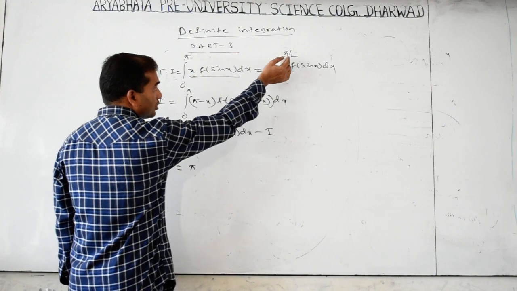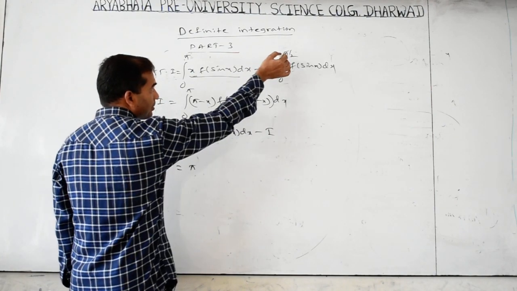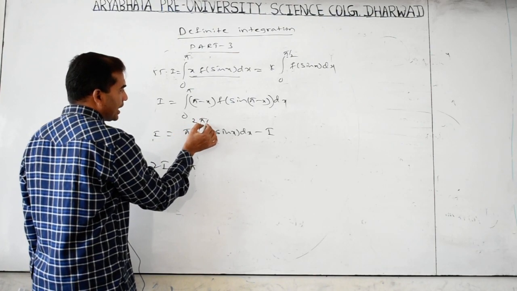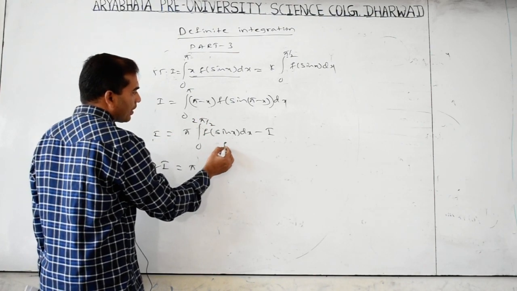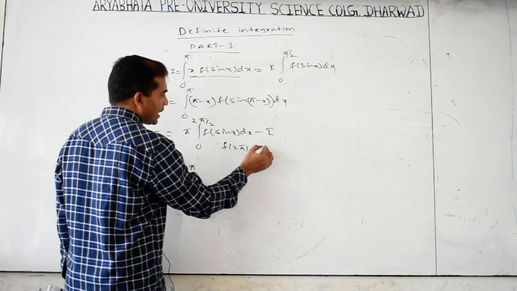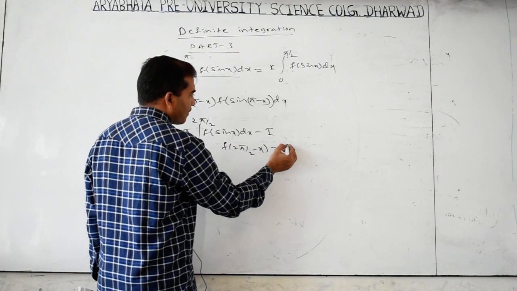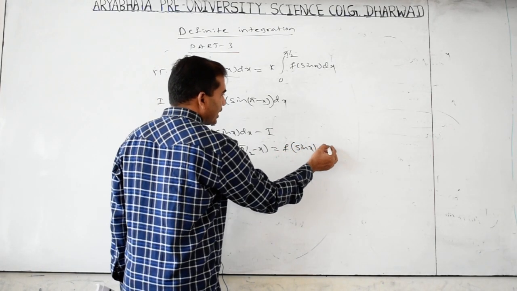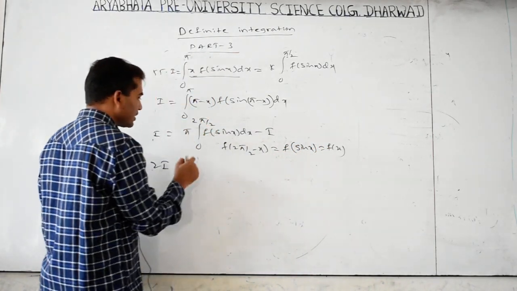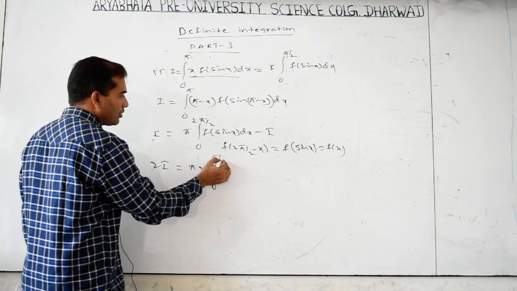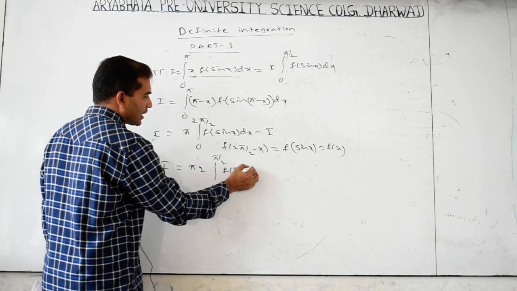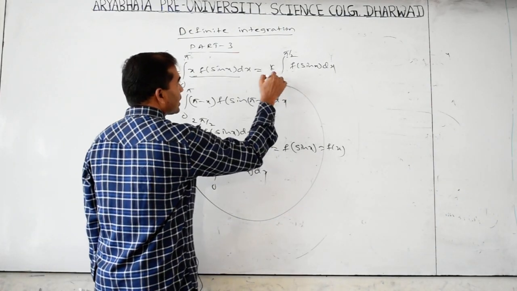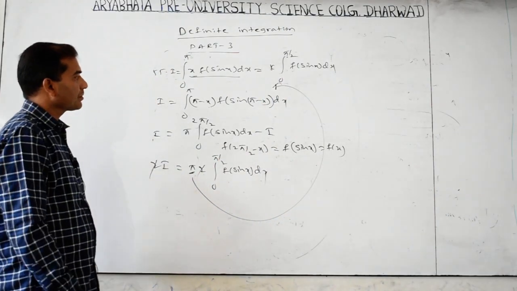So we have reduced the upper limit to pi by 2. Yes, so use property 2a. F of (2 pi by 2 minus x) equals f of sin(pi minus x), which is sin x. So we will get f of x. Then the 2 comes here, 0 to pi by 2 f of sin x dx. Finish, the question is equating with this. What is the k? Pi. K is pi.